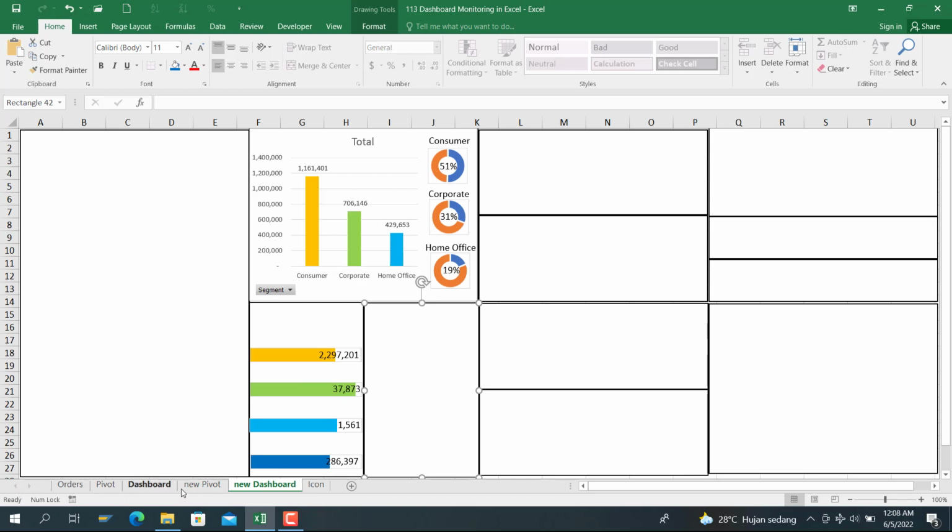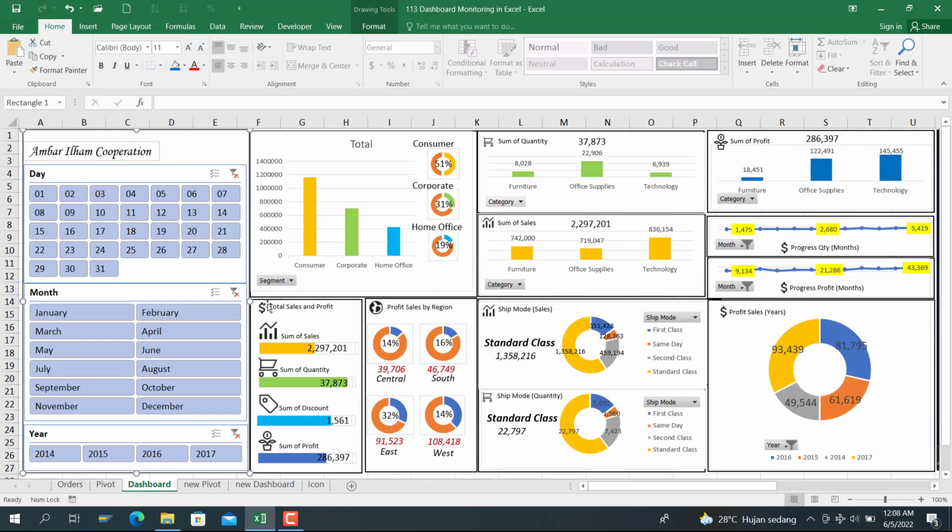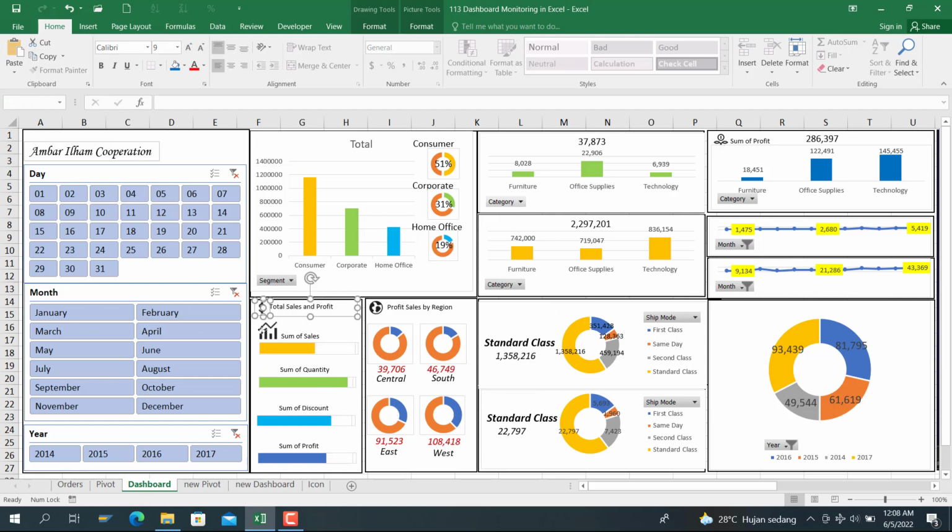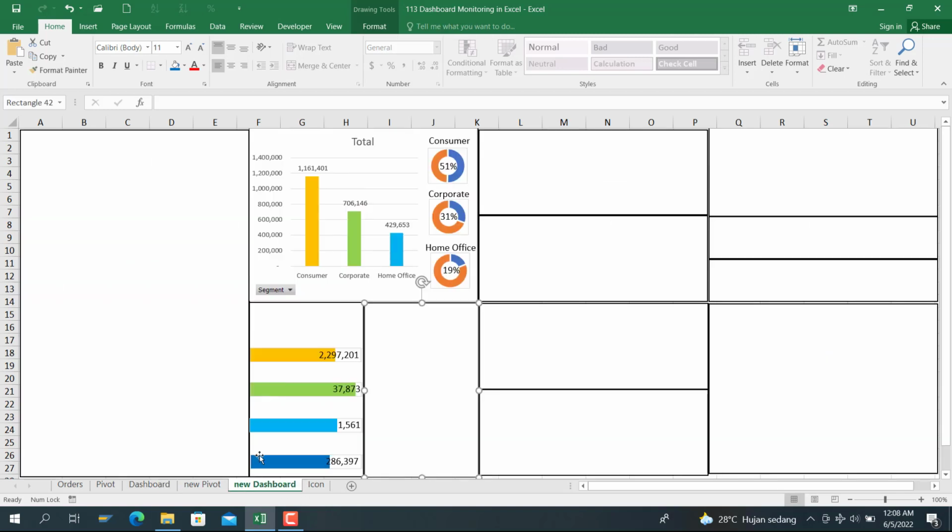and we use the icon, like this is the icon I have, and you can easily copy every icon here and paste to the new dashboard here. Move it to the left. That's the dashboard, the total profit, and